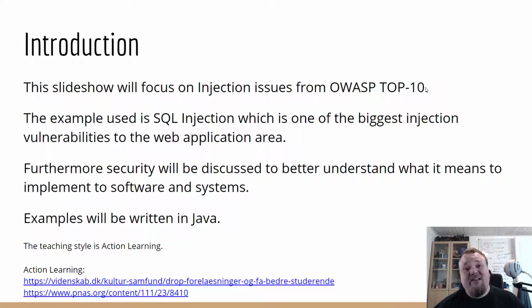In this case, my examples will be written in Java, and it will be an ongoing style throughout all my videos that I'm not going to stick to any language. I'm basically just gonna present in whatever language I found it interesting to do it in. So these slideshows can be used for teaching as well. If you wish to do that, I suggest that you read up upon something called action learning, which is something that I do in my class teaching. So let's continue.